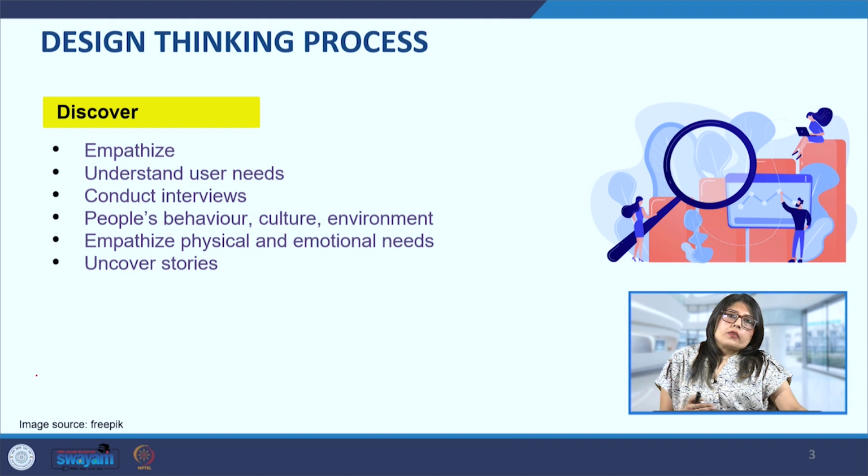For example, we have water taps. The moment we turn it on, we get water, we get hot water, cold water. But there are thousands of people across the world, as well as in our country, who don't have access to clean water. So we have to empathize with those people, because just because we are not facing it doesn't mean that others are not facing it. So for these reasons, this particular step becomes very important in the whole design thinking process.